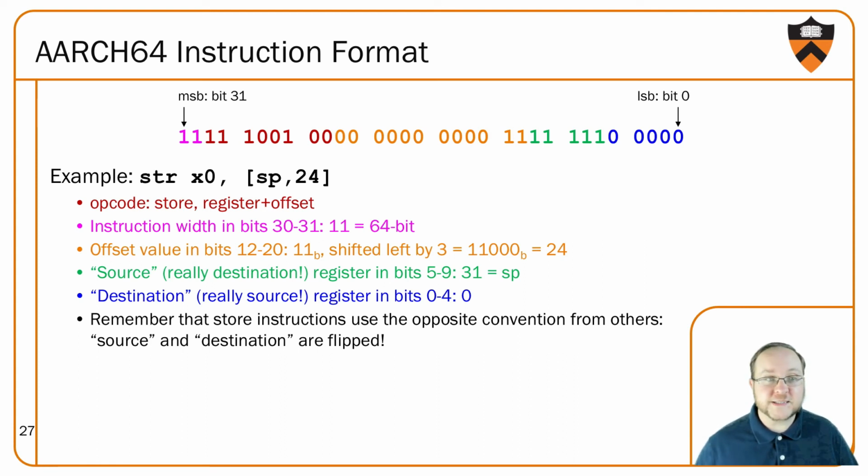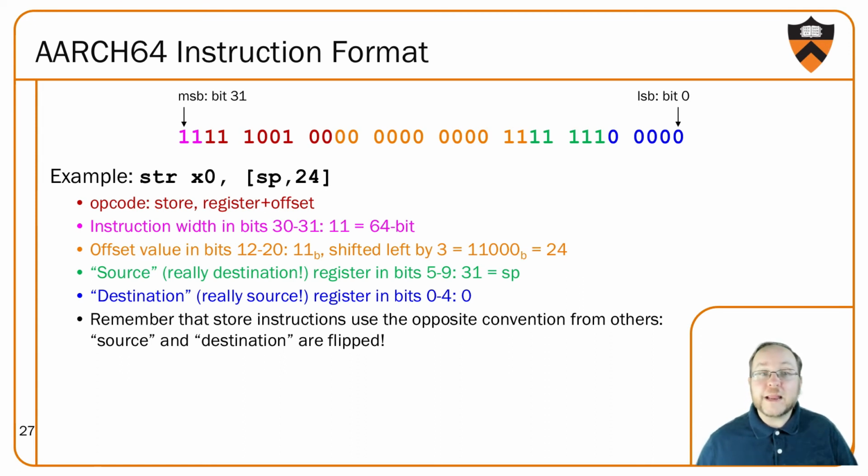For hardware consistency, we're still going to use the least significant bit for the first operand in blue. But because this is a store, the semantics are flipped from most instructions. And so this isn't actually the destination, it is in fact the source. The green bits represent the second operand. Typically we've thought of this as the source register, but likewise, because this is a store, these are actually the